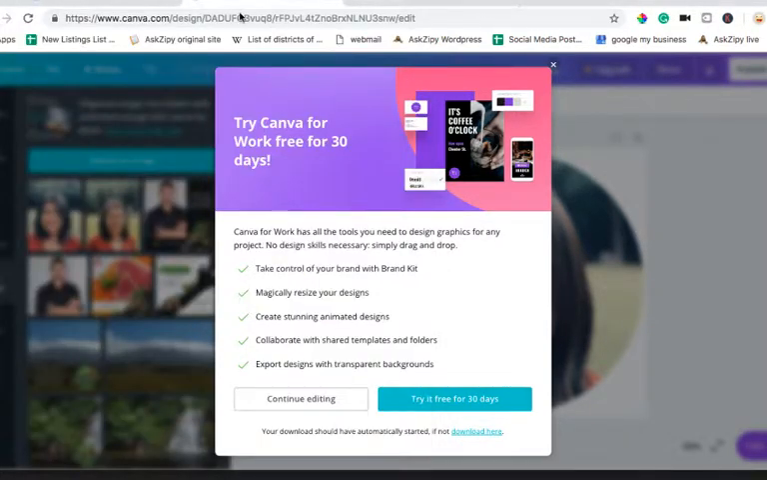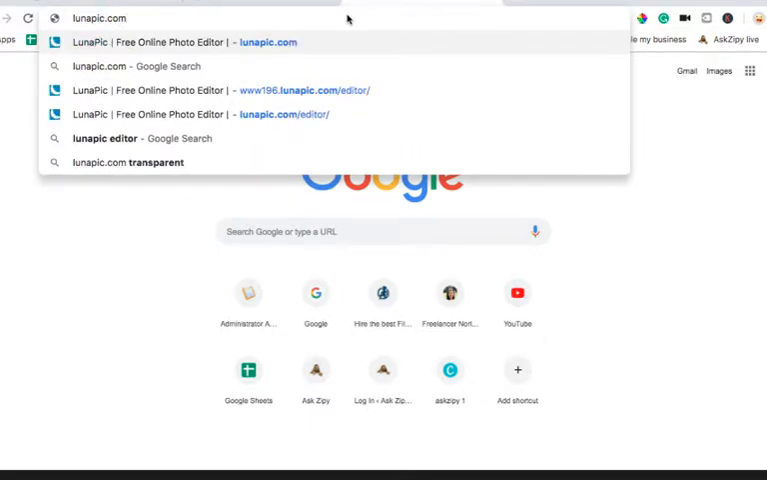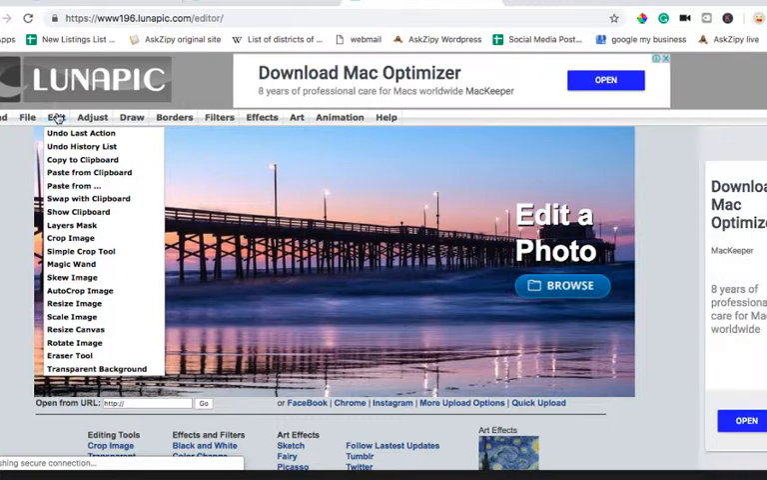Okay, so now open another tab and go to lunapic.com. That's lunapic.com. Wait for it to load, and then go to edit, and then at the bottommost part there's a transparent background. Click on that,